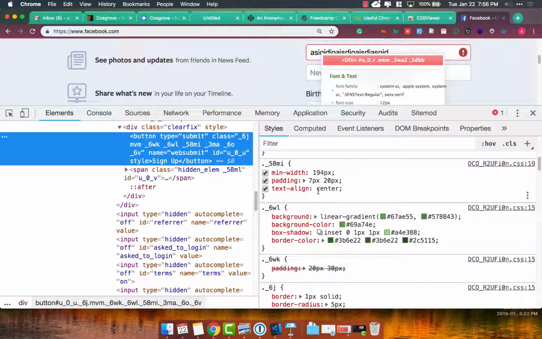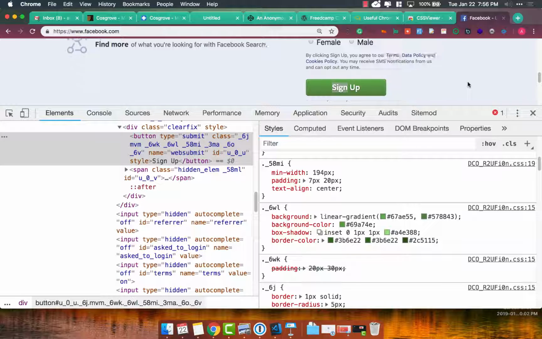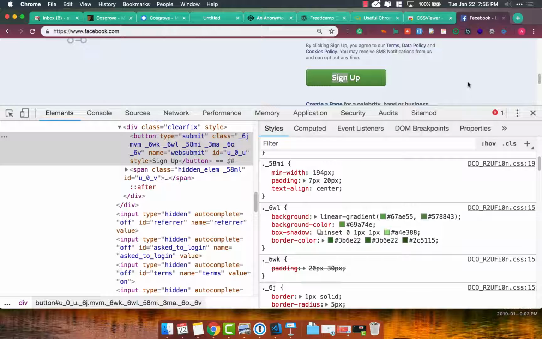So most of the time when you guys are building websites, you kind of have these givens. Like for example, that it's going to say in that box, sign up. But do you know how many languages Facebook is translated in? A huge amount, meaning that in some languages, maybe in Chinese, it's only 2 characters short, meaning if you only use padding, that button will become so small that it will look